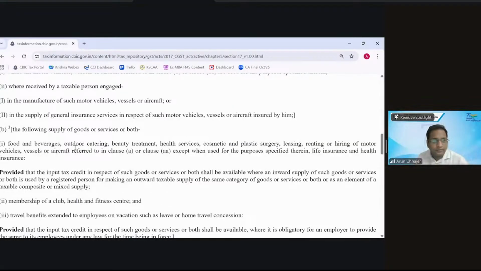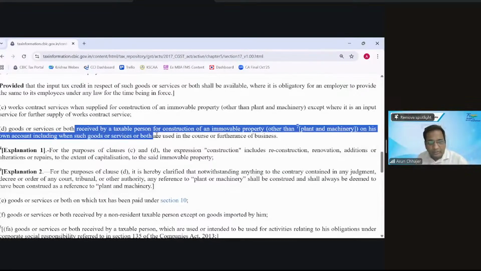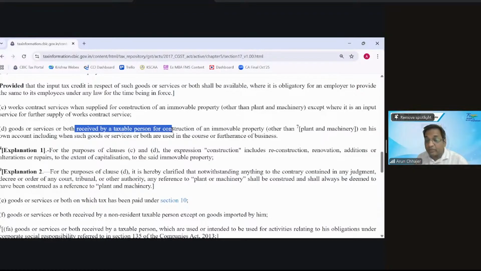So I have opened the CBIC website. Goods or services or both received by the taxable person for construction of an immovable property on his own account, including